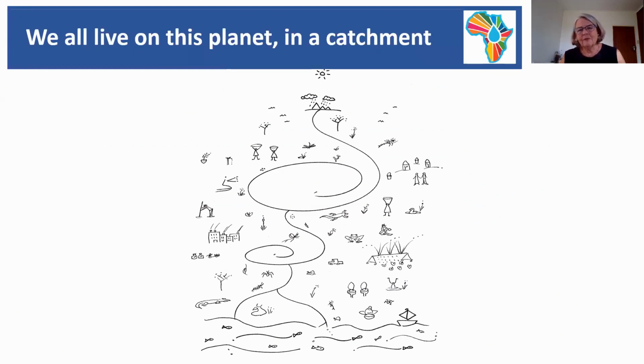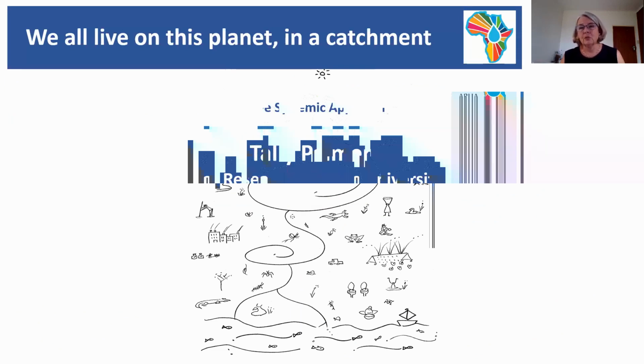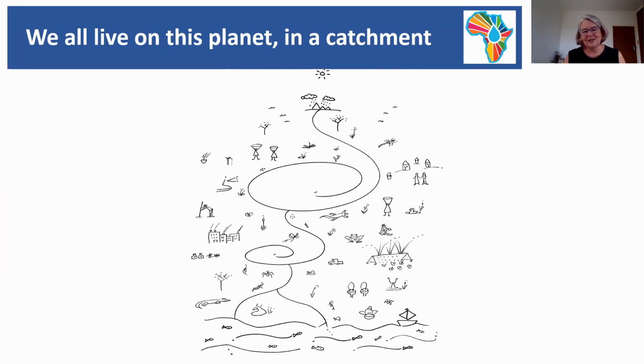What I'd like you to do first, if you can, is look out the window. I just need to move over and look out. What I can see out the window is the mouth of the Bushman's River in the Eastern Cape, which comes out into the Indian Ocean between a little village called Kenton-on-Sea and another one called Bushman's River Mouth. And the river rises just up in the hills above here. It's quite a short coastal river. And I have a holiday house here that I'm living in at the moment. Now,